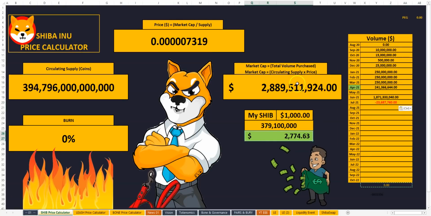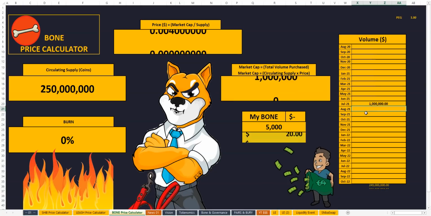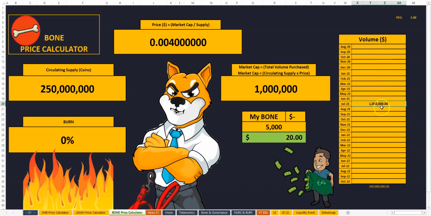We have a market cap in SHIB of about 2 billion. At some point after the SHIB event, let's just say SHIB launches here, we're going to start seeing this market cap slowly increase. So let's just put, what amount is that? 1 million. And that's very, very possible to get 1 million. How do I know that? Because